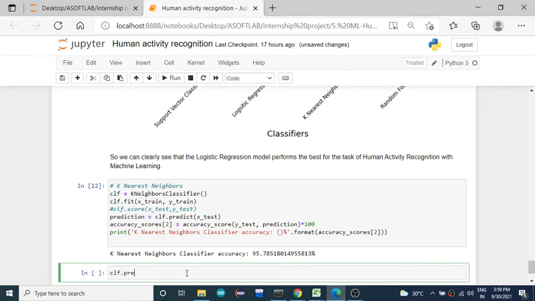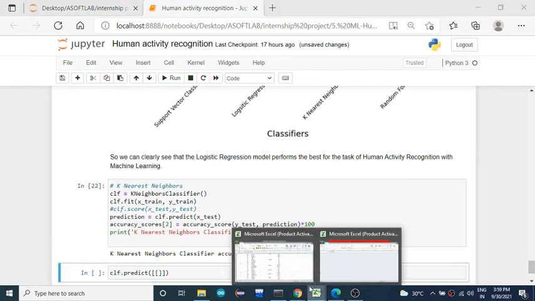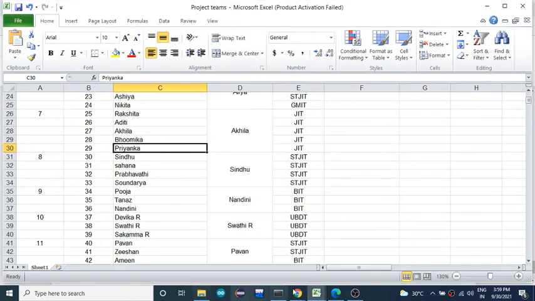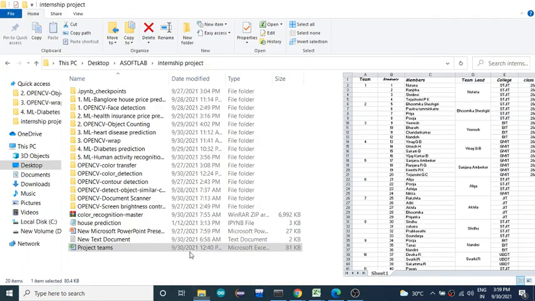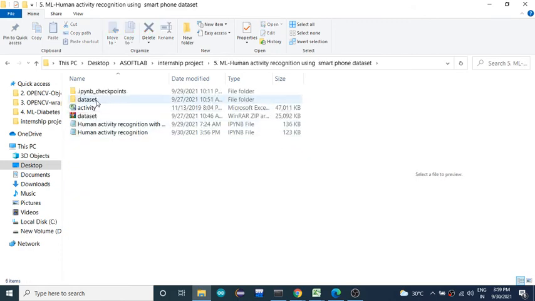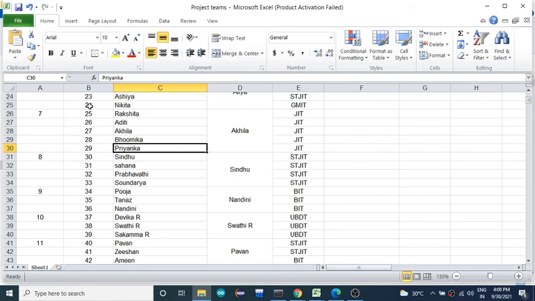Use clf.predict, and within it you need to give new sample values. For that purpose I go to the data set and collect the first sample of the human activity data set.